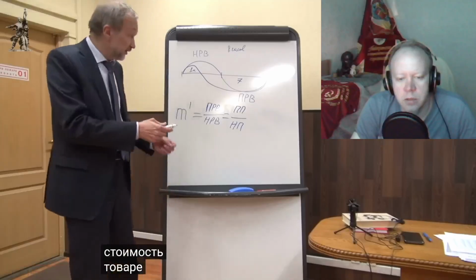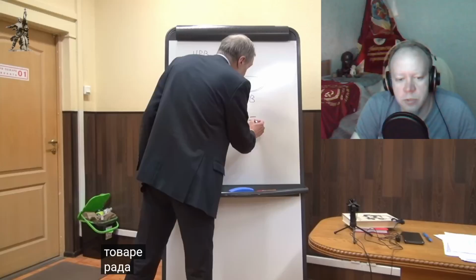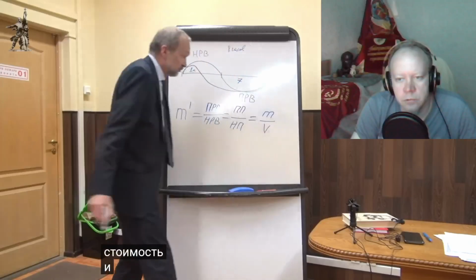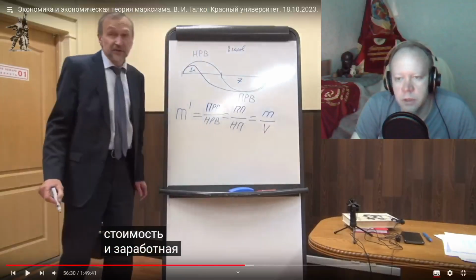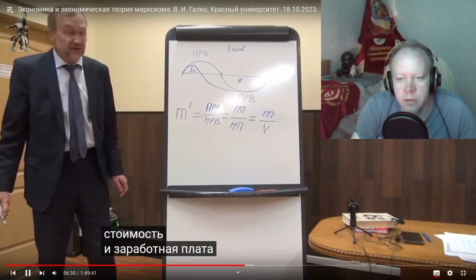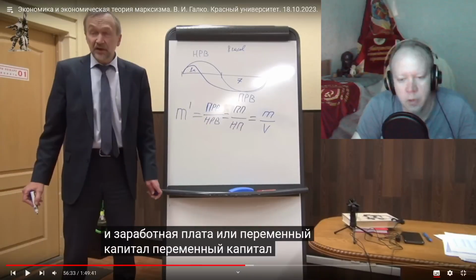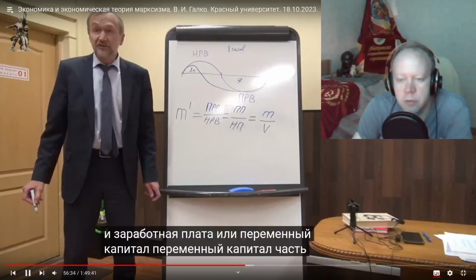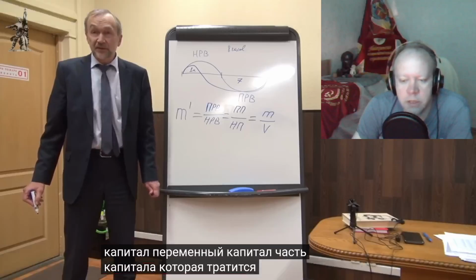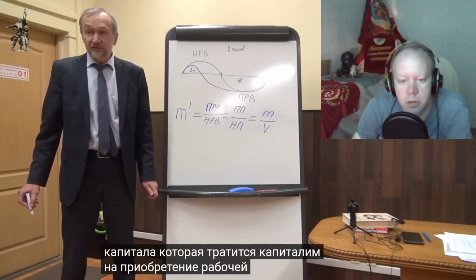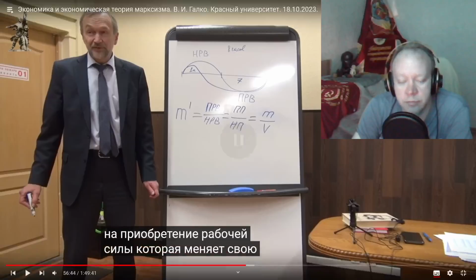So in any commodity produced in capitalism, it has the ratio of the surplus value and wages, or wage capital, variable or wage capital, the part of the capital that is spent by the capitalist on acquiring, purchasing